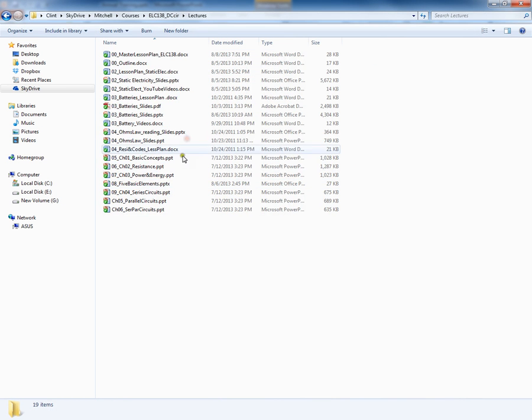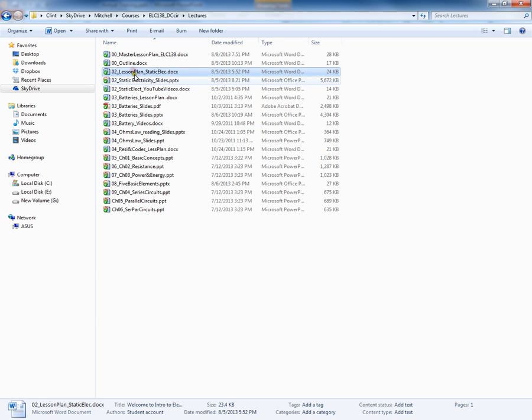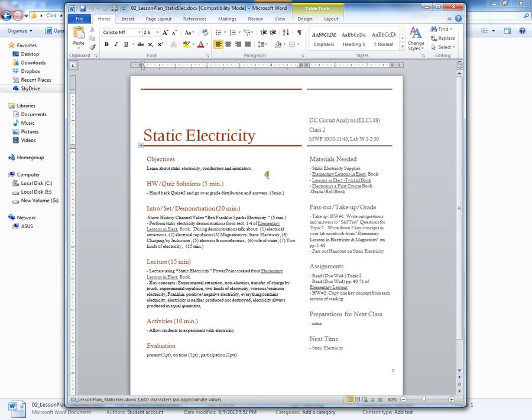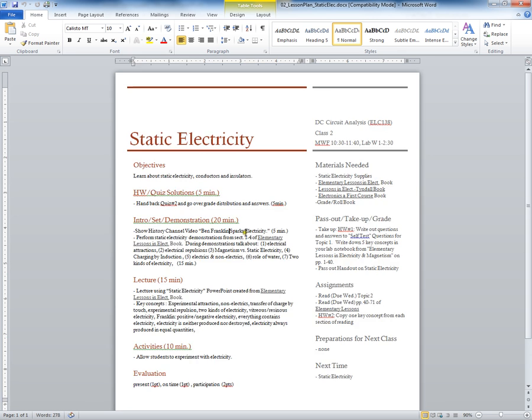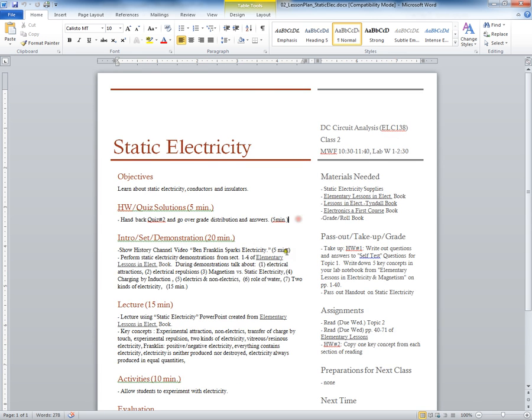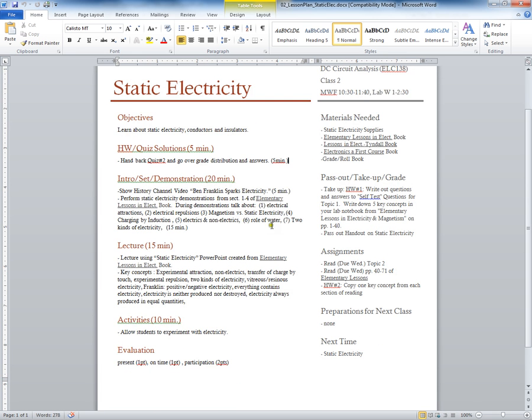You have lectures, of the same basic format. A lot of times you'll have a lesson plan and a PowerPoint. So the lesson plan is nice to fill out before class, because it helps the instructor to think about what they're going to do and prepare. You know, 5 minutes for grading your quiz and giving back the answers, giving back homework solutions,